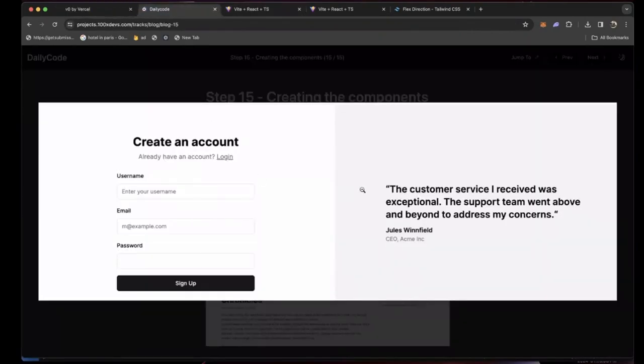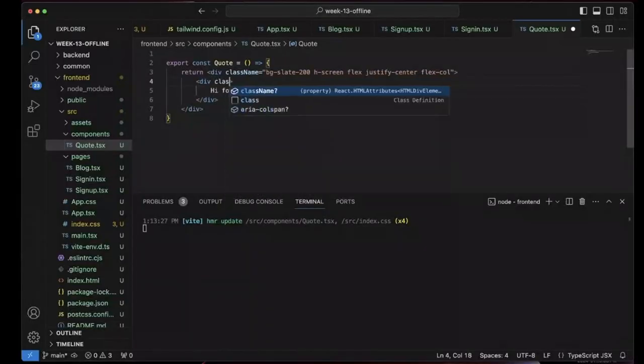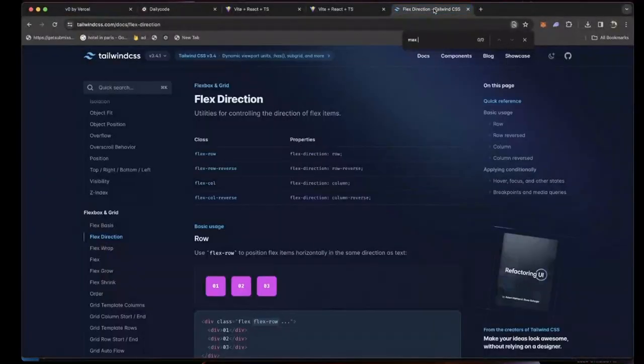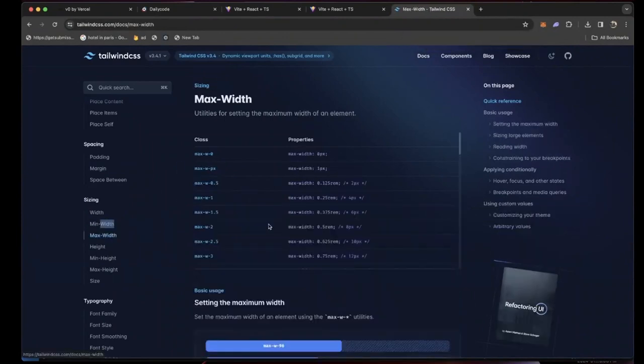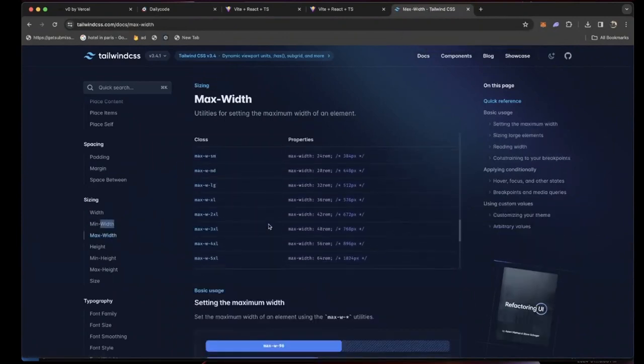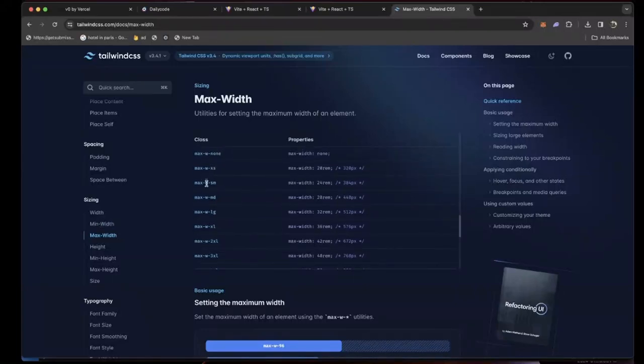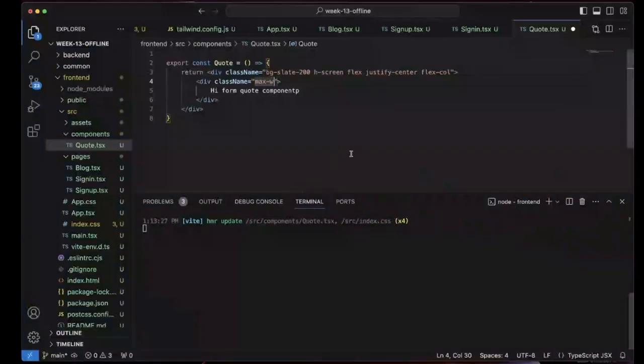Seems to do it. And now, what is the other thing that you see in the screenshot? It's in the middle of the screen. It has a maximum width of 50% or something like that. So you can do a max width. Again, go here, search for width, max width, and we can be like max dash w dash sm, which means 384 pixels of max width, maybe a little bit more. So max w md, if I put that here,